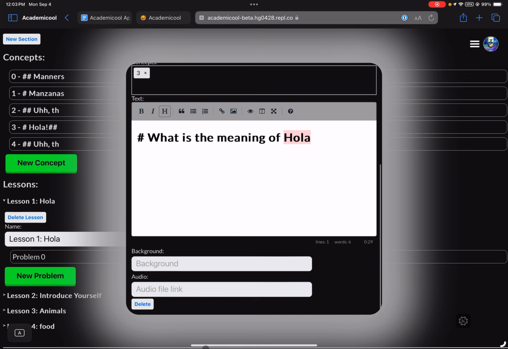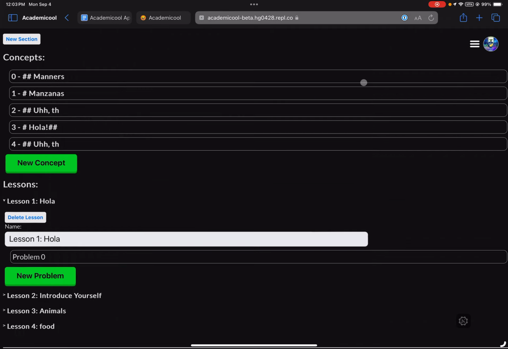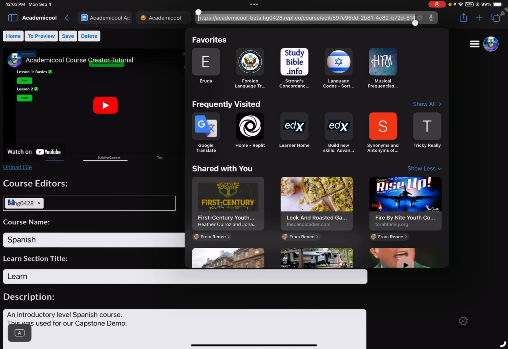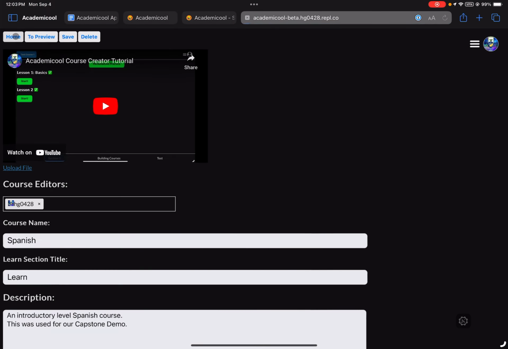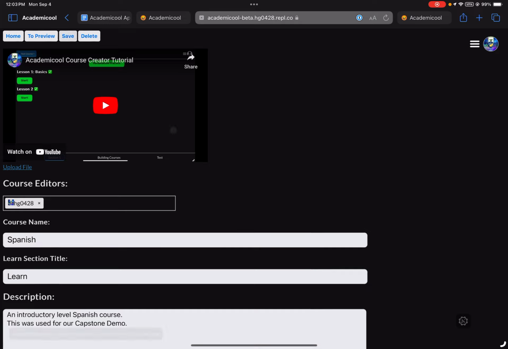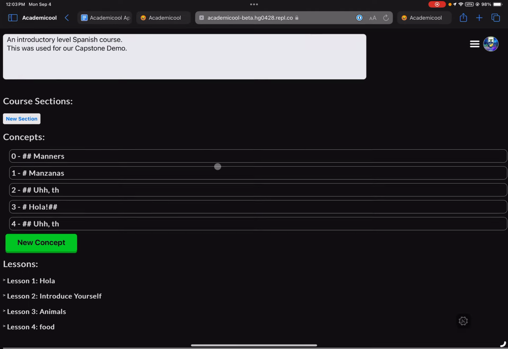And then we don't need a background or any of that right now, but you could see that that was working from the Hebrew page where it had the waving person. So there we go. Go up here, save it. Let's open this in a new tab. Not getting the saved message. Sometimes it can take a while to save, but